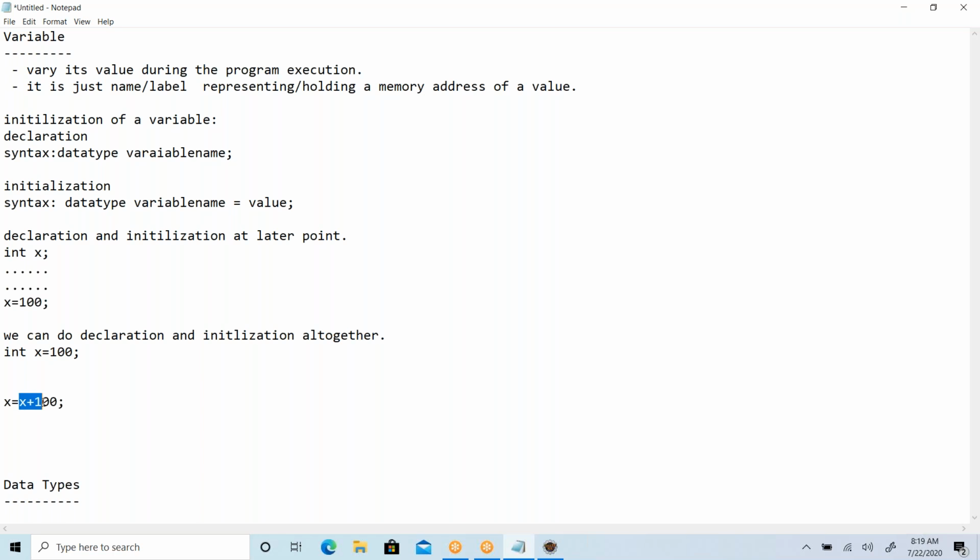I'm doing some operation here, and the result again I'm reassigning to the x, meaning that I'm replacing its original content. This is what reassignment is. So once you declare a variable, you can always reassign its value at any point of time with a new value. So that value can be modifiable. The whole point is what a variable is. It's capable of varying from one point of time to another point of time during the program